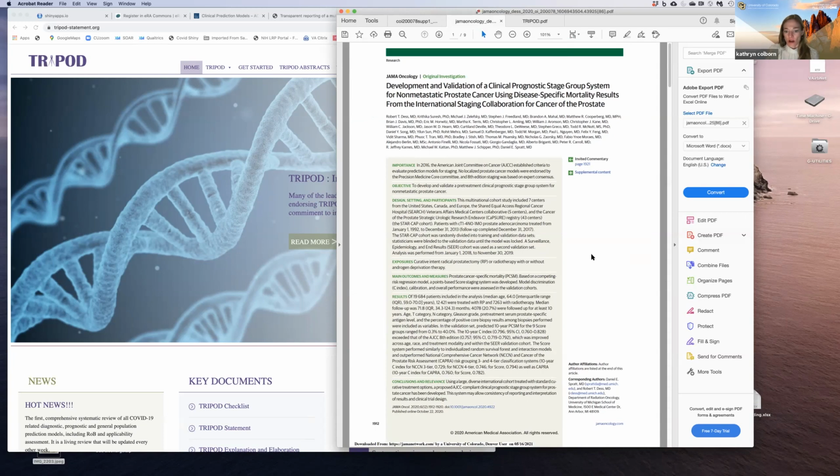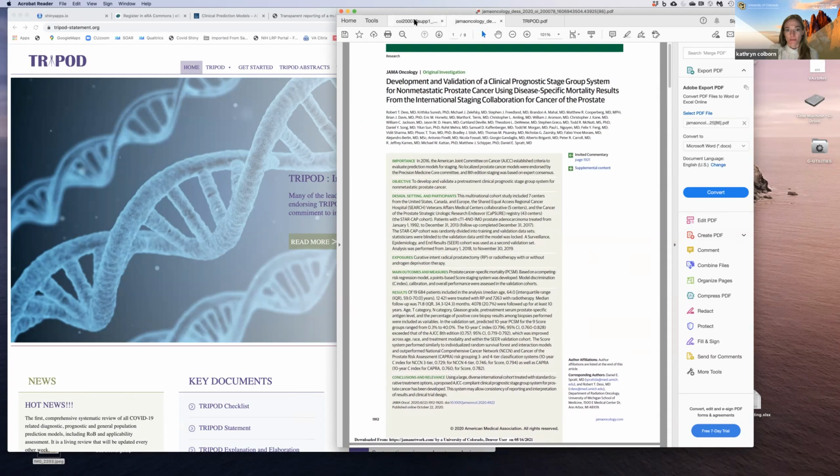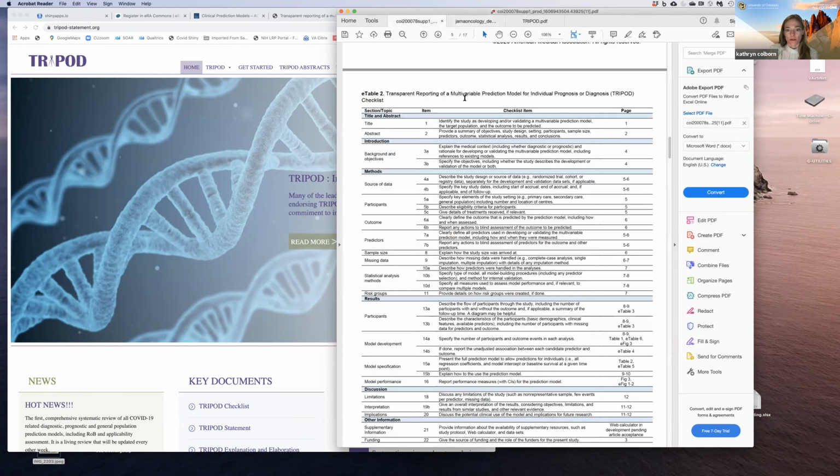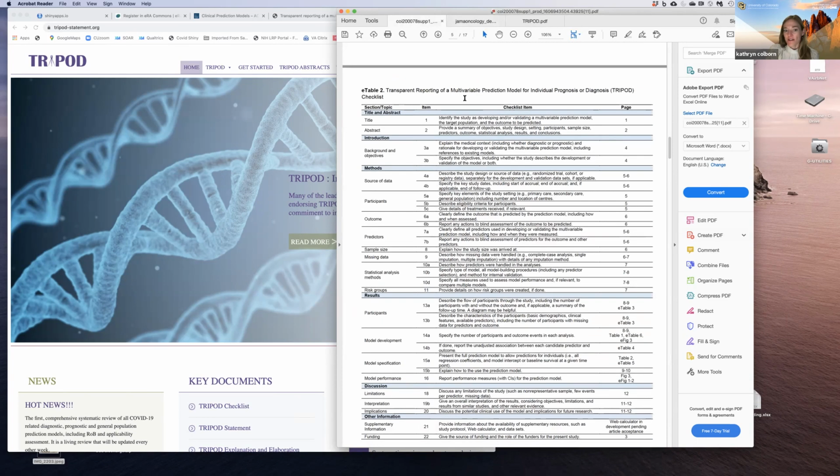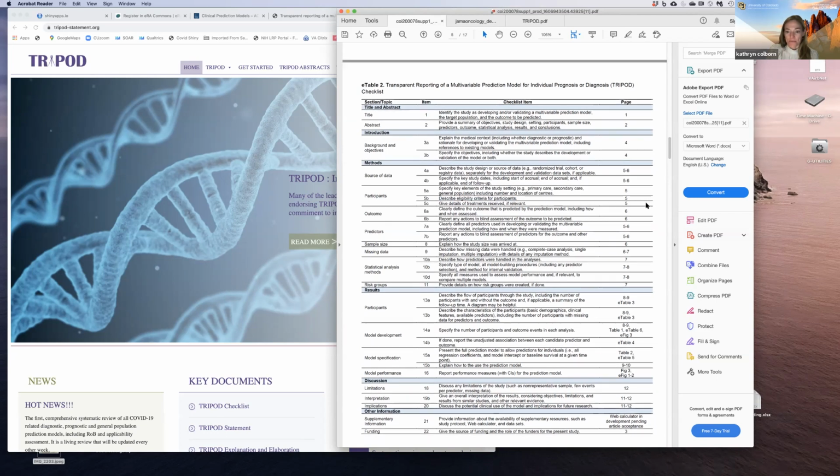And along with this publication is the supplementary material where you have the checklist. And it's not very exciting to look at. I mean, it just tells you which page the certain criteria are on in the publication, but it's a very useful exercise to go through and say, okay, where did they describe the eligibility criteria for participants? If I go to page 5, how do I need to do that in my paper? And if we're reading through this and thought, oh, did they use an internal or an external validation? It's easy to go back and